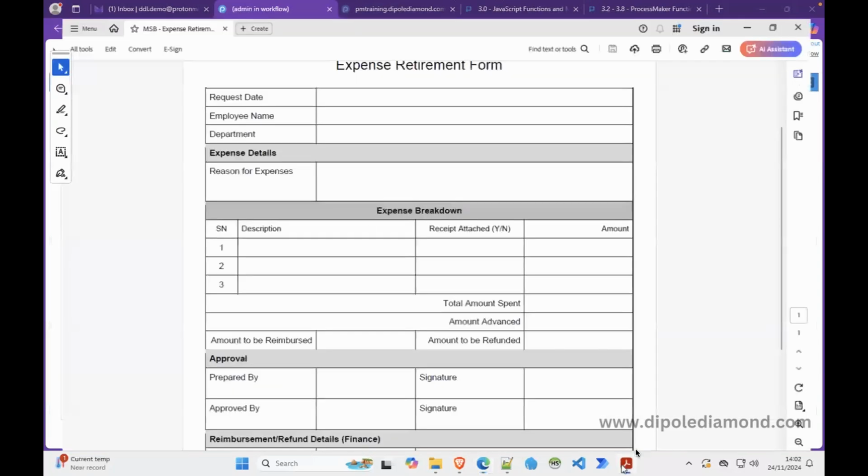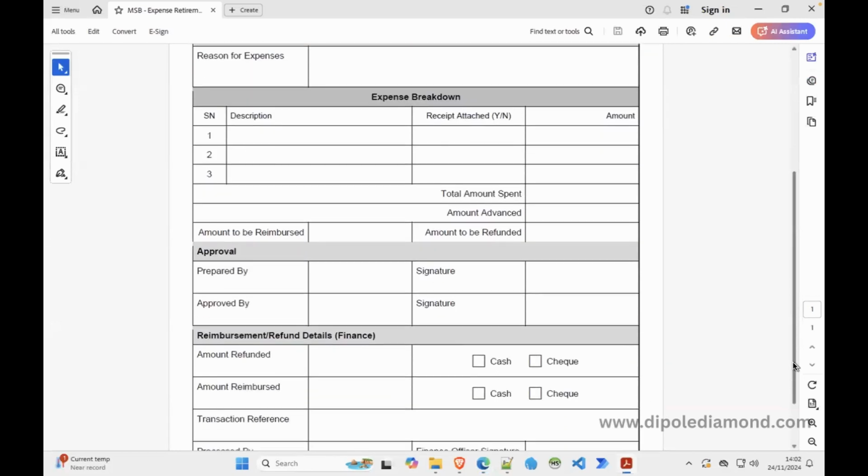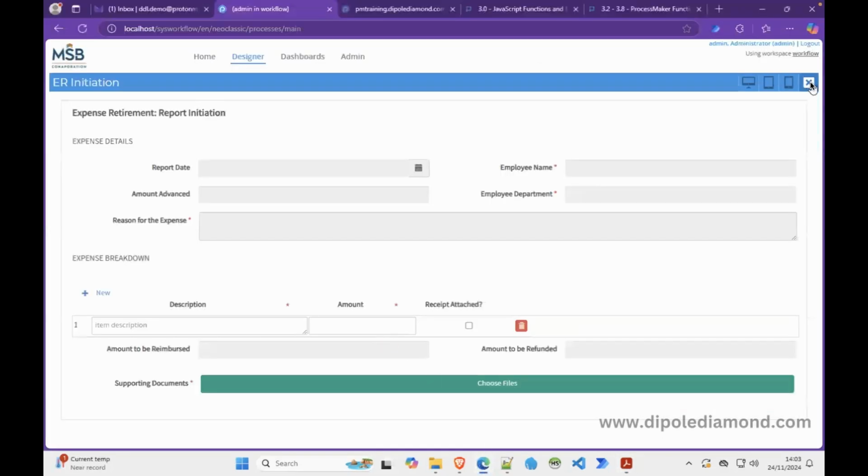Now, the next thing we'll do is to handle this reimbursement finance section. For that, we need the amount reimbursed, amount refunded, then the payment mode, and then the transaction reference. So let's quickly add that. So we need to add